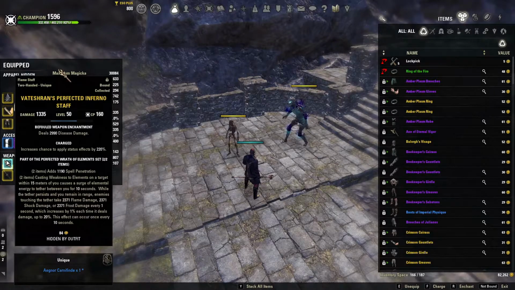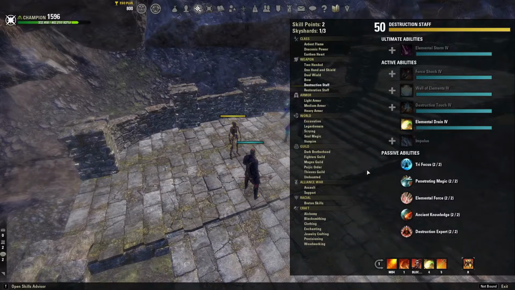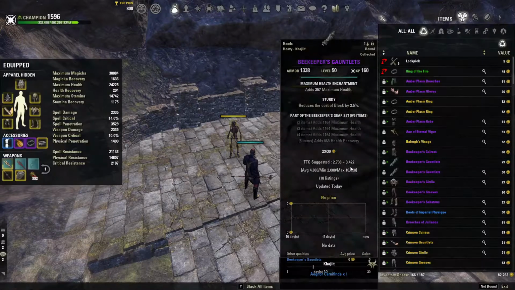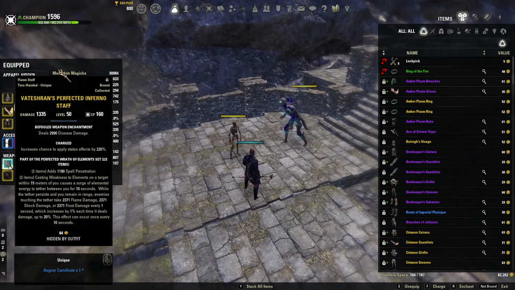On the front bar we have our Vateshran Perfected Inferno staff, charged. It's really important to be charged because charge applies a lot of burning, and every time we apply burning we have our recovery of Magicka from the Combustion passive. When you apply burning you restore 500 Magicka, and that's the reason why we use it charged. It's really OP on Magicka Decay anyway, so I always use a charged Inferno staff in front,